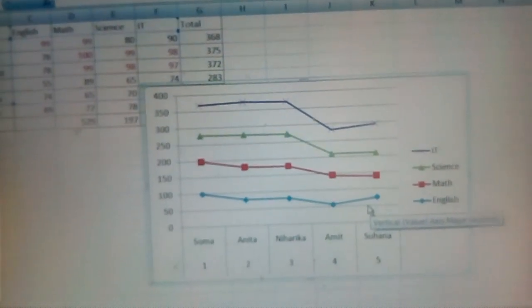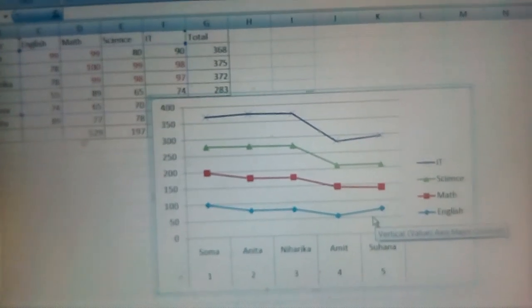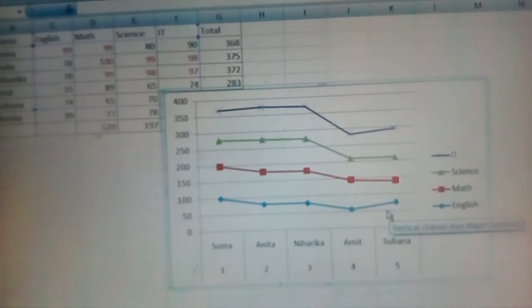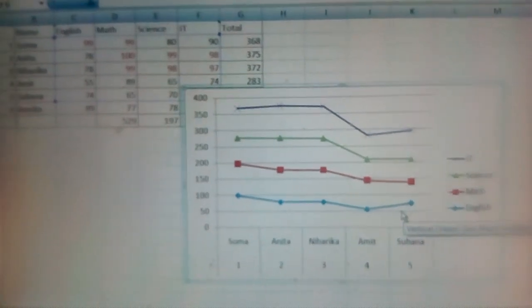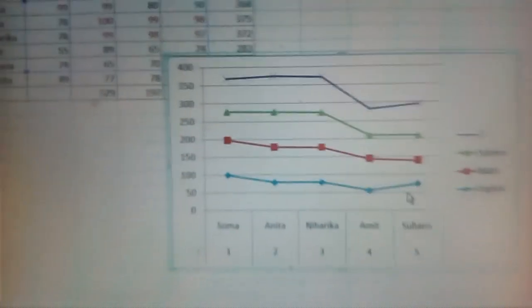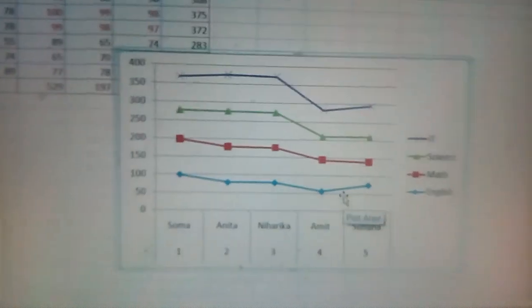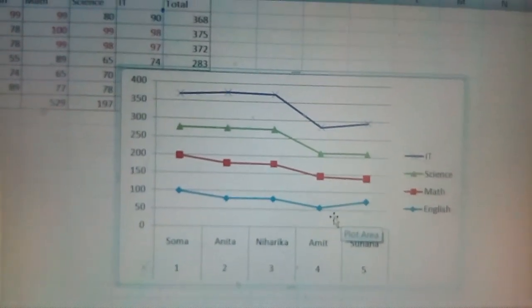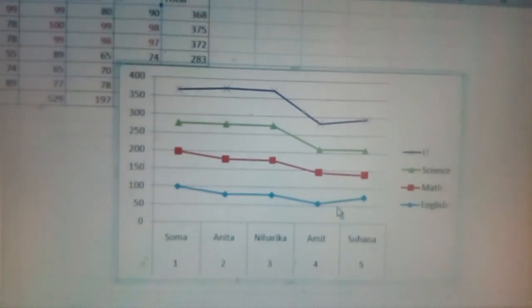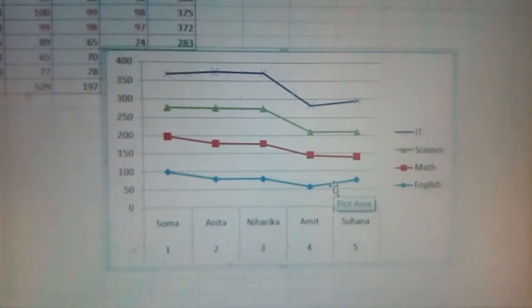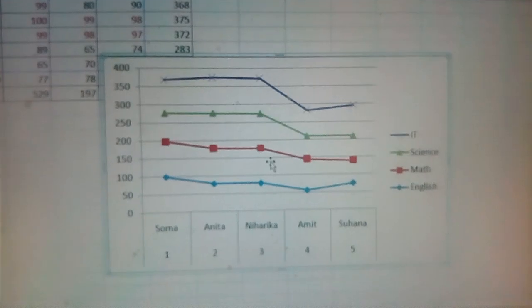You will see different steps, so you click on the chart type and then, according to your requirement, select the chart type, and then click on Finish. That is the way that you will do it in Calc.